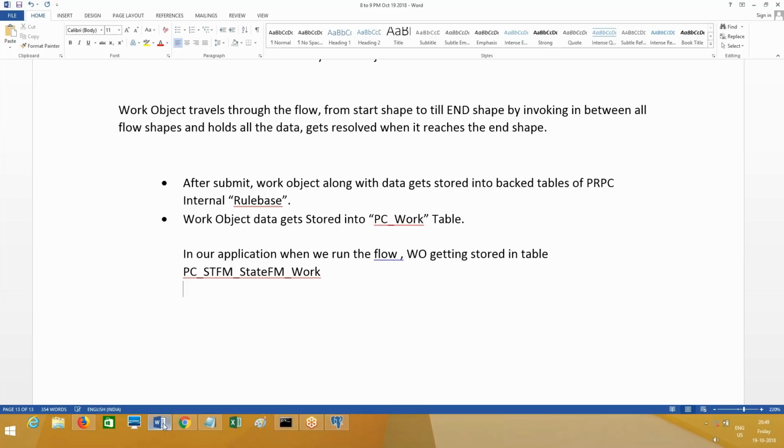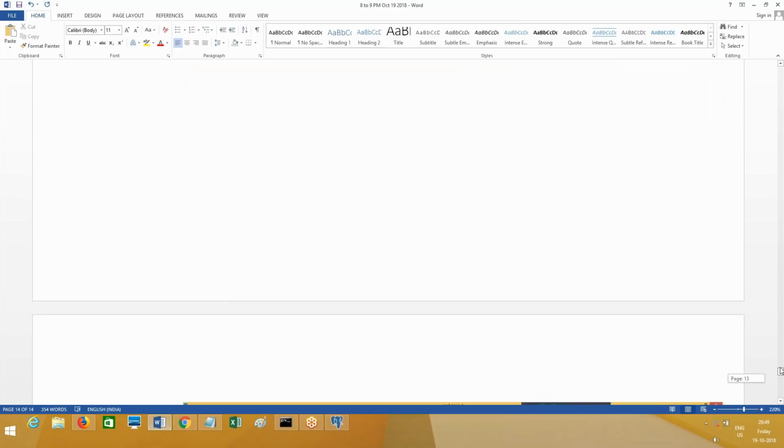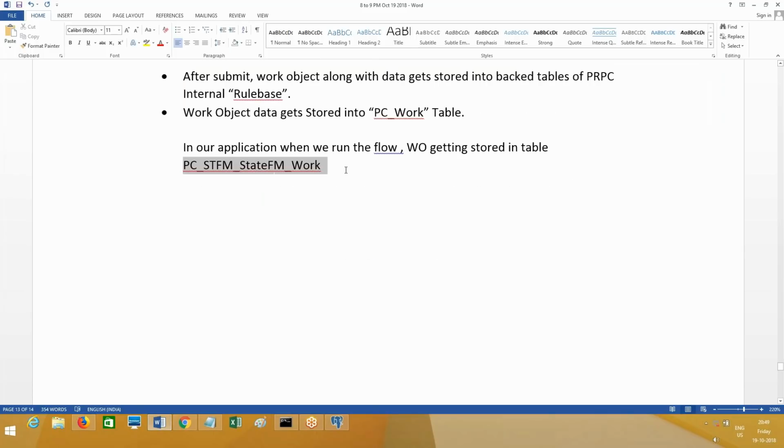This is the table. Is there anything that you understand from the table name? This is what? Now tell me. Framework class.